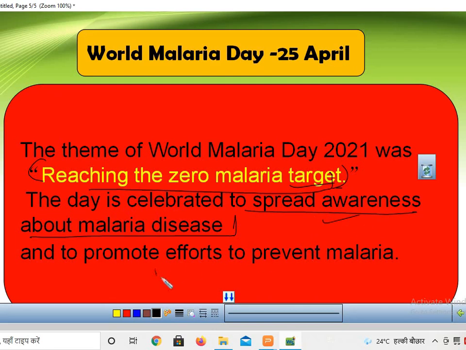and to promote efforts to prevent malaria, and to promote and to ask everybody how we can cure this disease, how we can keep ourselves safe from this disease, and for that purpose we can organize different programs। उसके लिए हम क्या कर सकते हैं, अलग अलग प्रोग्राम ऑर्गेनाइज करके लोगों के मन में इस डिसीज़ के बारे में, मलेरिया के बारे में अवेयरनेस क्रिएट कर सकते हैं।